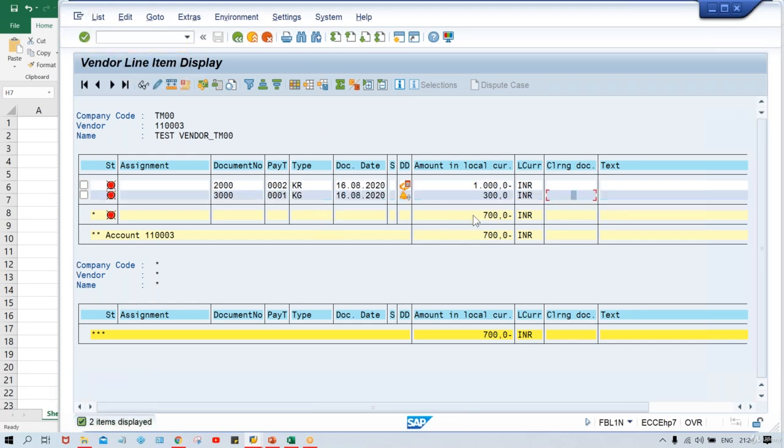Okay, look here, 700 is the balance amount which we have to pay. This is minus and this is plus, so minus and plus got adjusted. Now 700 minus is there, guys. This is also a mathematical calculation itself. This 700 we are going to make payment to the vendor. Okay, so now